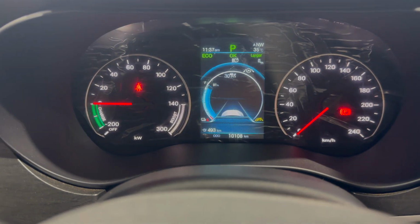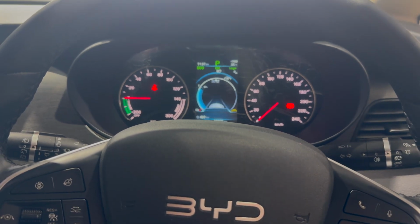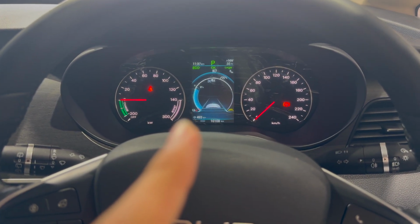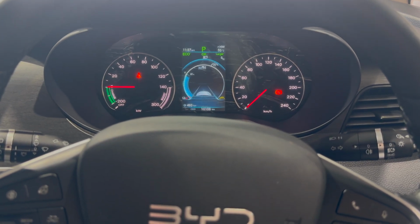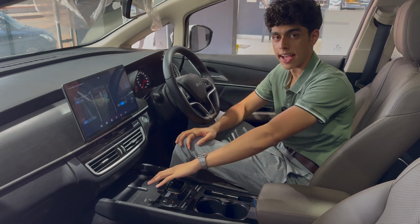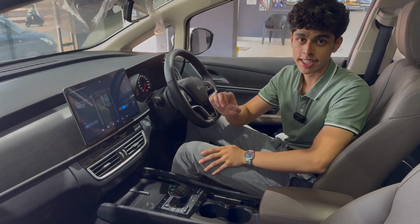Now, one complaint that you might have if you're technologically focused is that both the displays are analog and not digital. You only get the small screen in the middle which is digital, which displays stuff like your state of charge and range. Coming to the middle, you get this nice space for 2 phones, including an NFC tag reader,